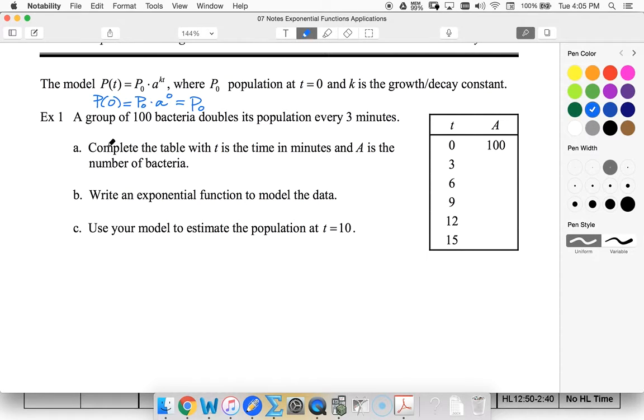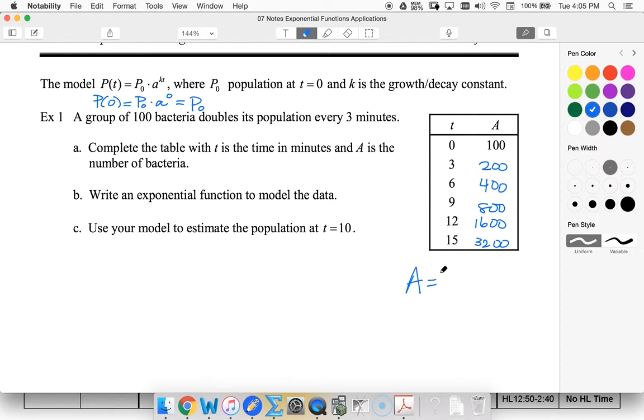So let's look at this example. We've got a group of 100 bacteria, and it doubles every 3 minutes. So starting just with a table, we start with 100. So time is 0, we get 100. After 3 minutes, we double. And then we double every 3 minutes. 1,600, 3,200. So I can see that it's doubling, and normally I would think that my equation would be that